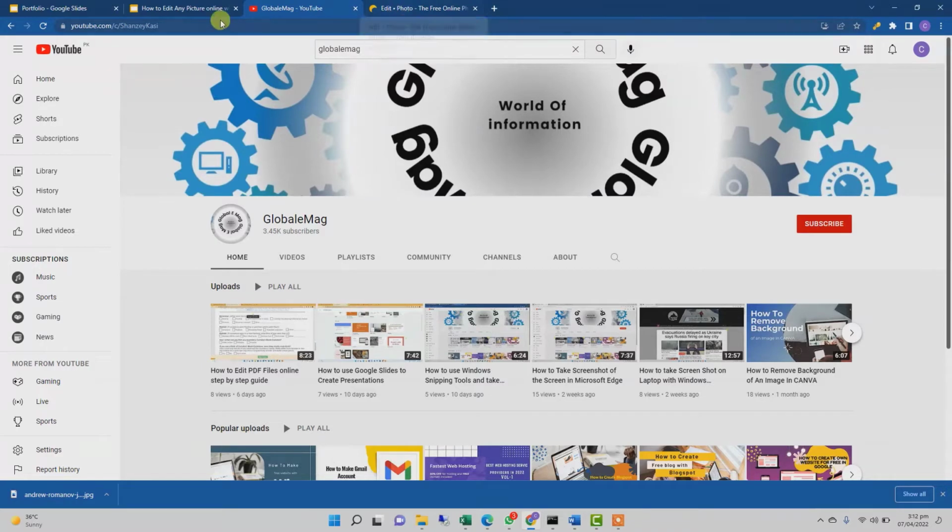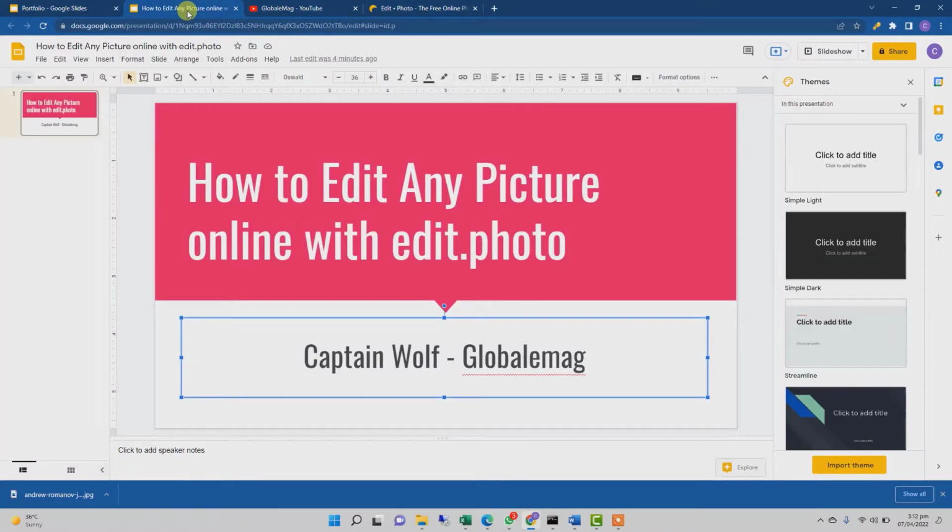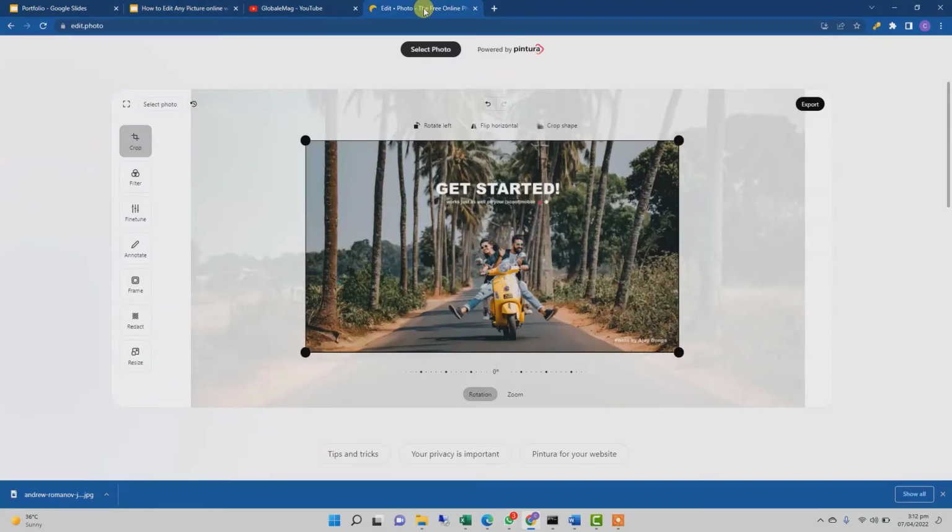So let's proceed further. So, how to edit any picture online? Well, if you are wondering how you can do a little bit of tweaking with your picture, this is the website Edit.Photo. If you want a website that can help you with that, then Edit.Photo is the best possible solution. You do not need to have any kind of account with them. You do not need to buy or purchase anything. The website is very easy to use. All you need to do is just go to